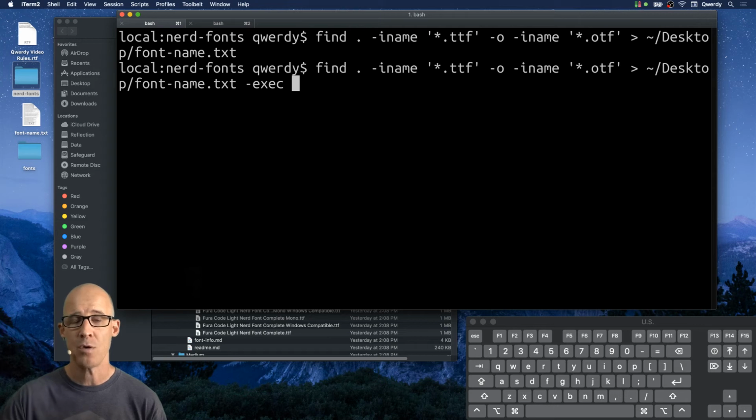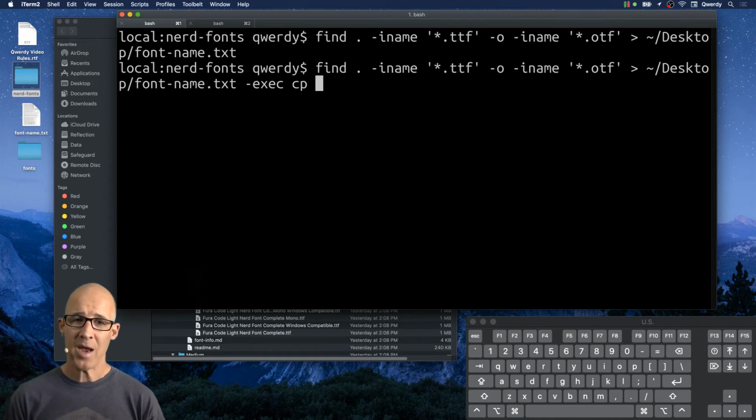And my goal is to have you explore, because you're thinking, this is cool stuff. This is cool how I can move these files. So we are going to use the exec command. The exec command means that whatever comes after this particular switch, flag, whatever you want to call it, is going to be a command that's going to be applied to each of those path items that the find command found. So I am going to use the cp command, which is short for copy, and I'm going to cp,